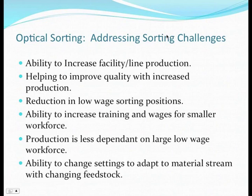Also allowing us to reduce the amount of low-wage sorting positions and increase the wage on some of the higher trained, although it is still a sorting job, we could pay a little bit better and give them a little bit better training because they're more of a quality control position and we don't need the amount of sorters on that line to pick a higher volume of material. And the production is less dependent on a large labor staff coming in every day. So if a person or two missed, it didn't significantly or drastically reduce the production for that particular line